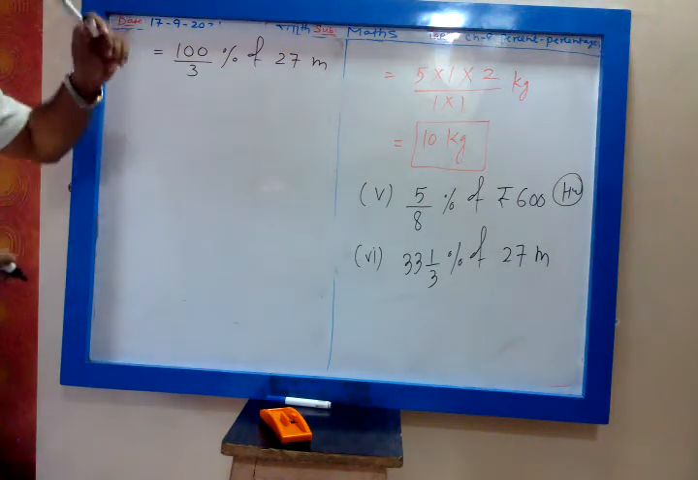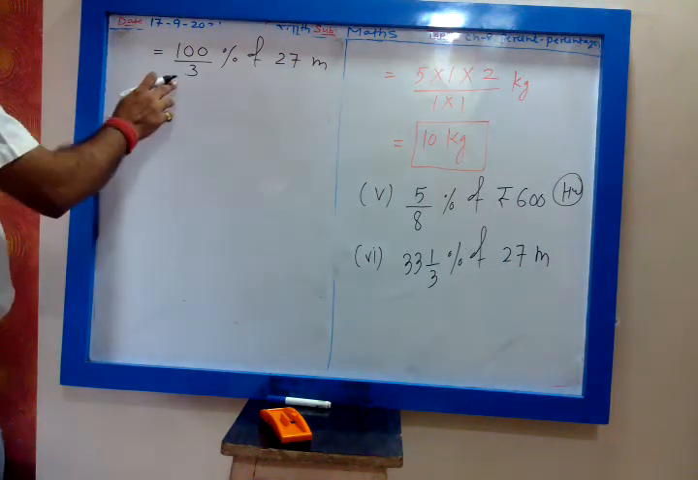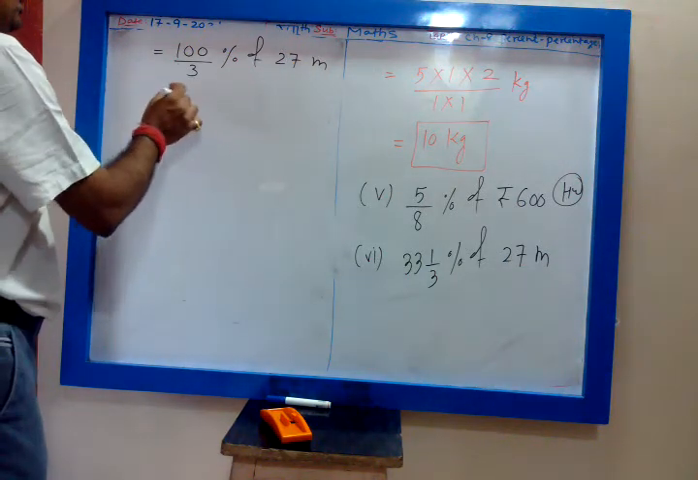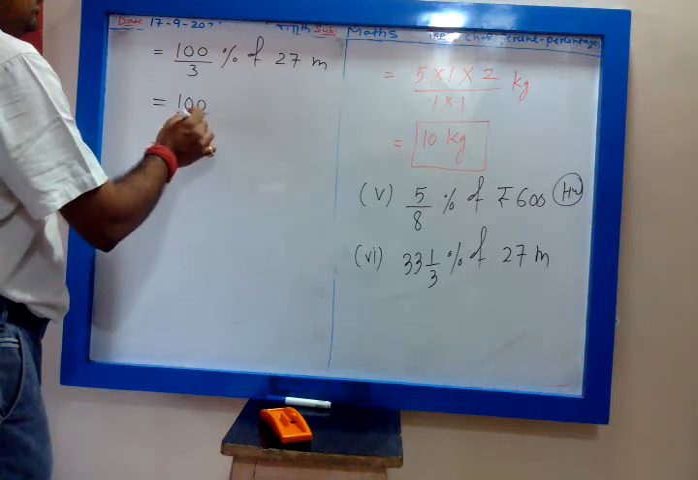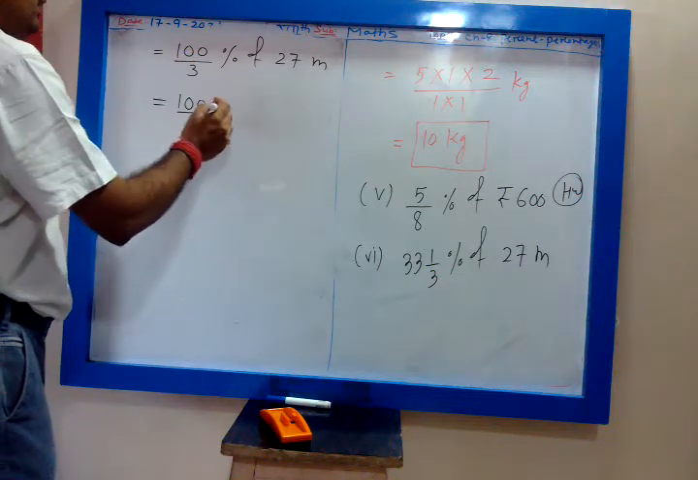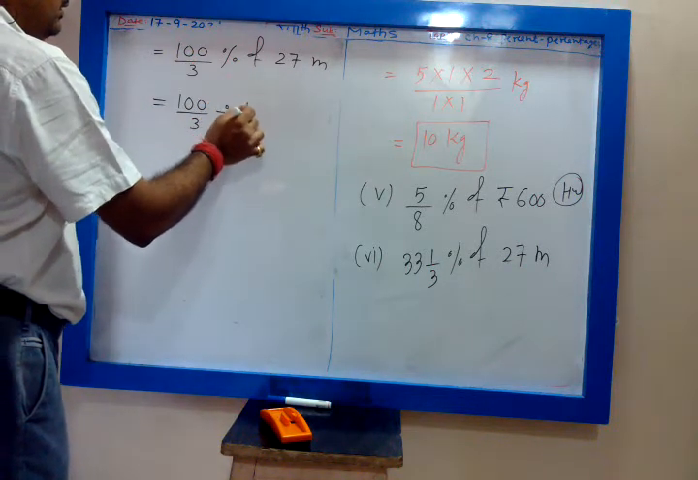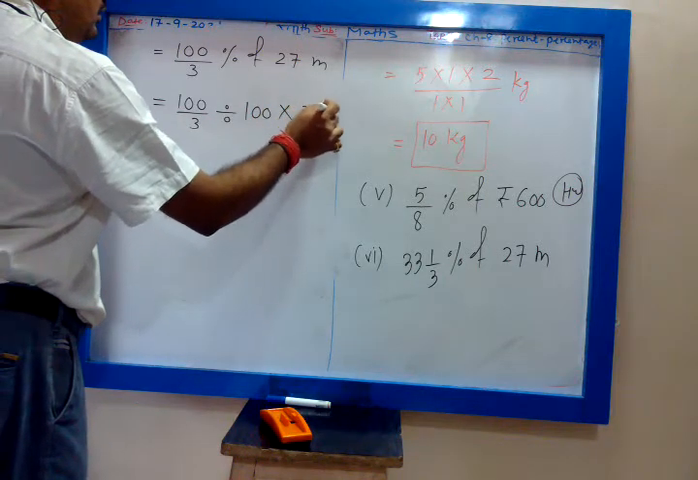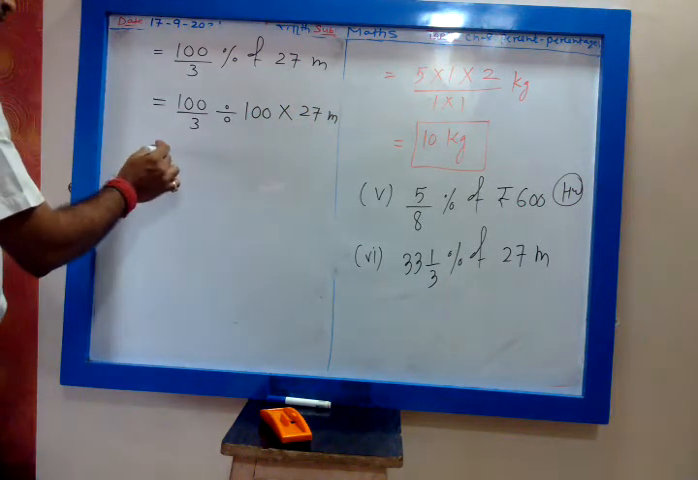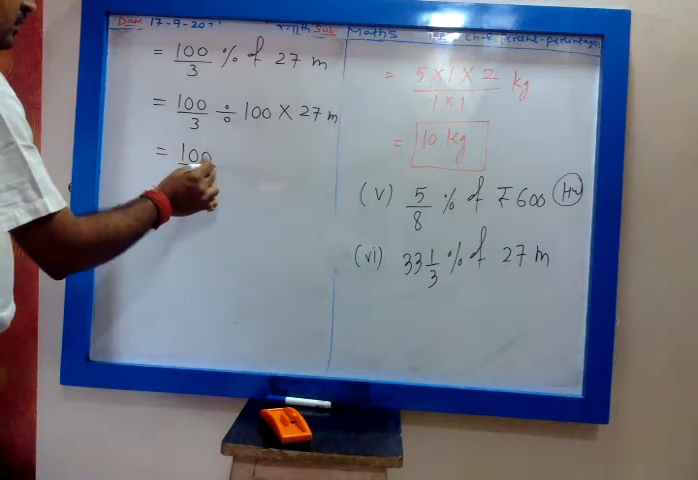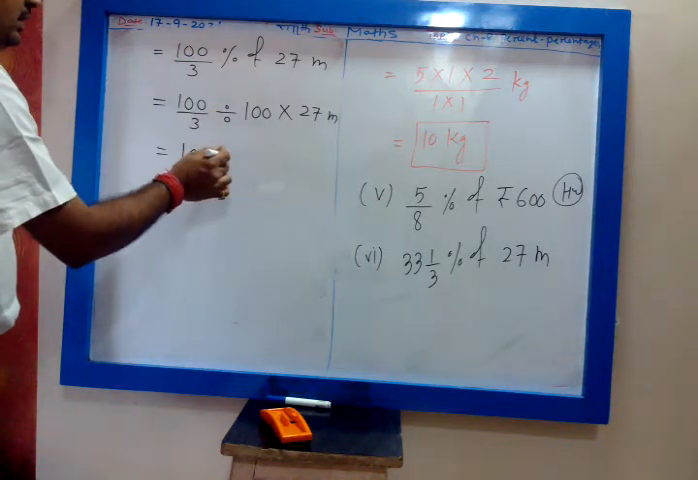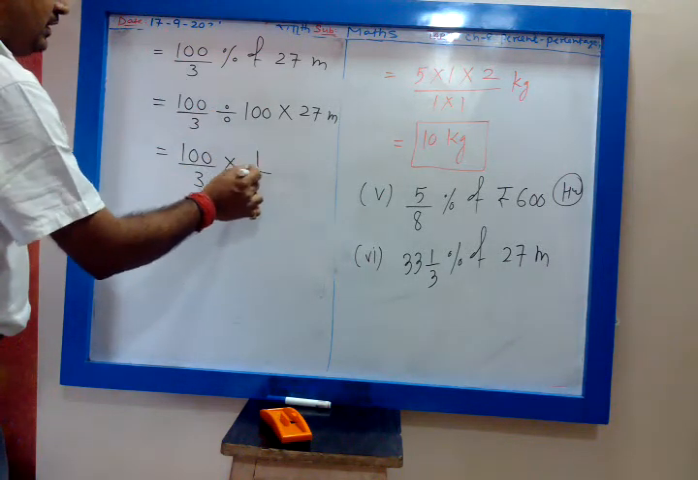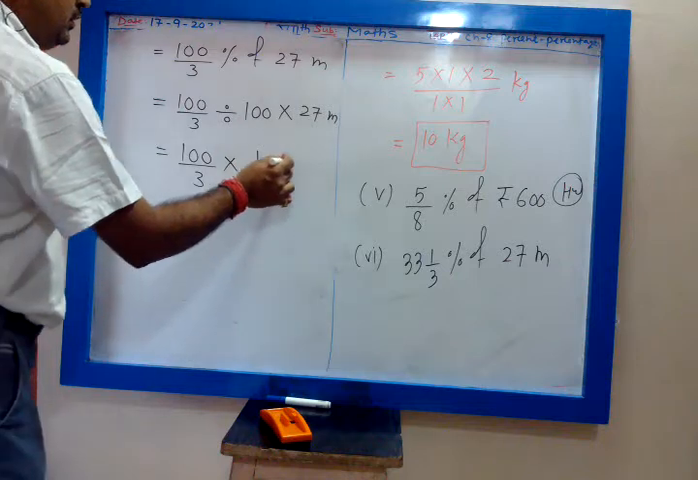What do you mean by x percent? X upon 100. So for 100 upon 3, when we remove the percentage, we have to divide by 100. Of means multiplication, 27 meter. So 100 upon 3, then when we convert division into multiplication, we take the reciprocal of the second, 1 upon 100 into